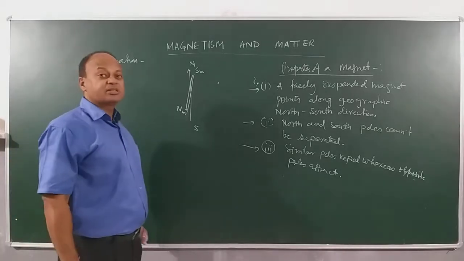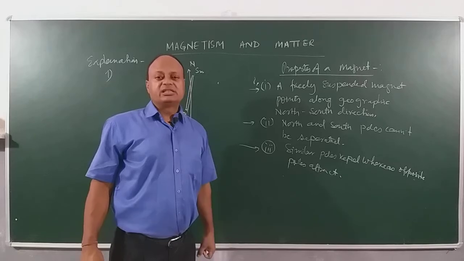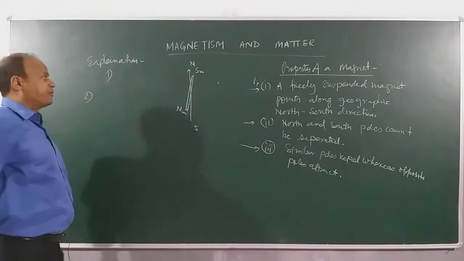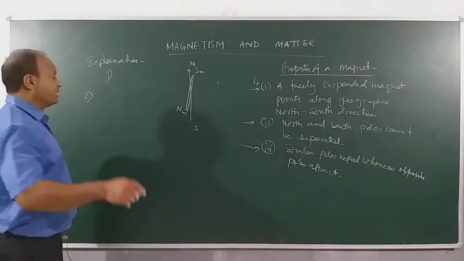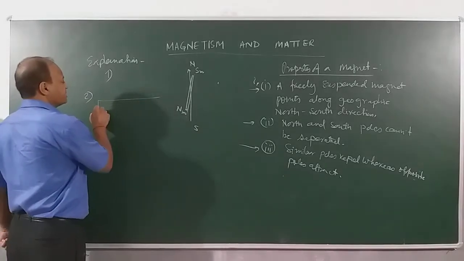Let's see the explanation for the second property. The second property is that north and south poles cannot be separated. Now why? Let's see the explanation for the second property. Why can north and south poles not be separated? In fact, there are many theories of magnetization. One of the theories says